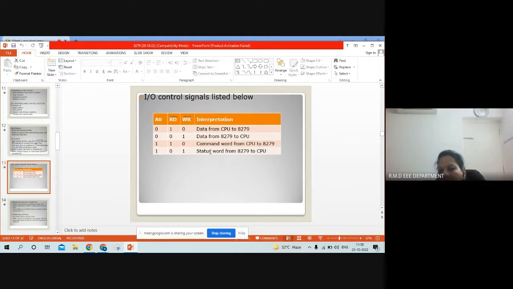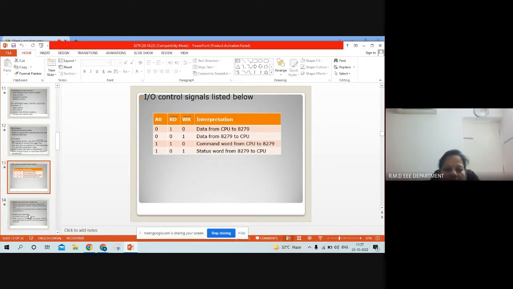Similarly, if read bar is enabled and A0 is 0, the flow of data is from the 8279 to the CPU. And at the same time, if A0 is 1 and read bar is enabled, the command word is written by the processor to 8279. And if A0 is 1 and write bar is enabled, then the status word from the 8279 can be read by the processor. These are the various control signals which decide the flow of data or the control word,